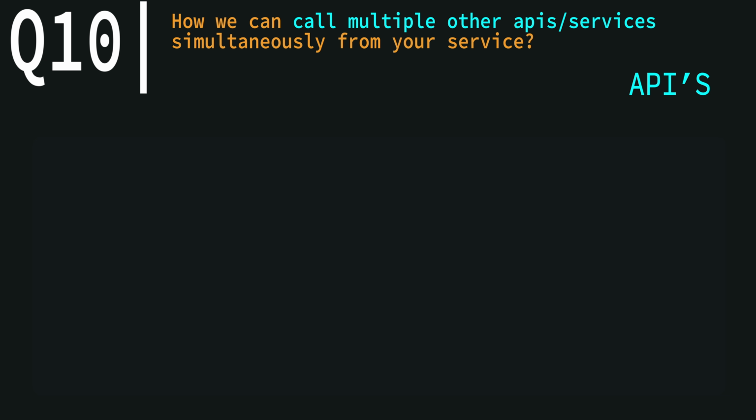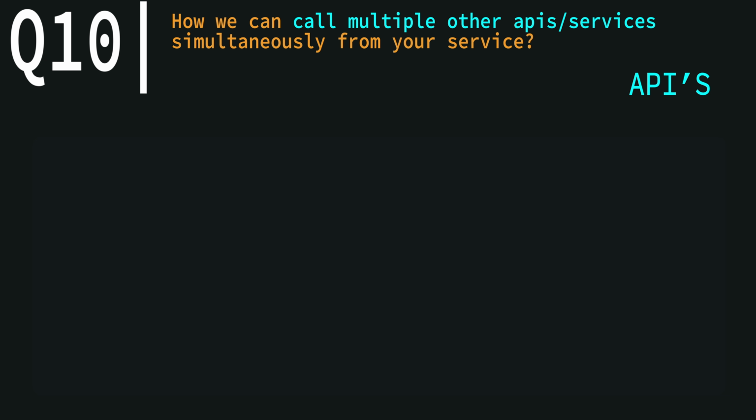Suppose 3 external API calls are independent of each other, but in your use case you want to combine the results coming from each service. Then what is the best way to invoke those external API calls? If you are an experienced web developer, I hope you are able to sense the answer, right? We need to make parallel calls and then we need to combine the results.